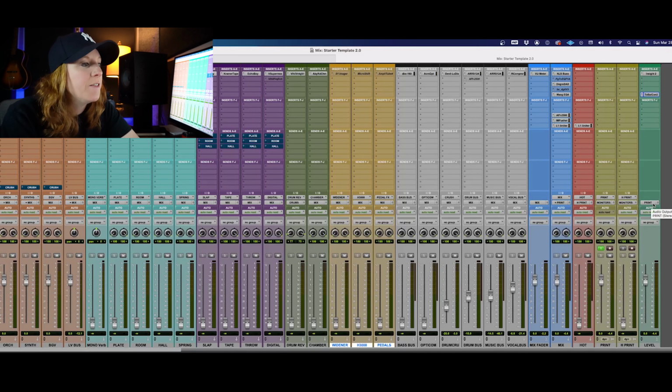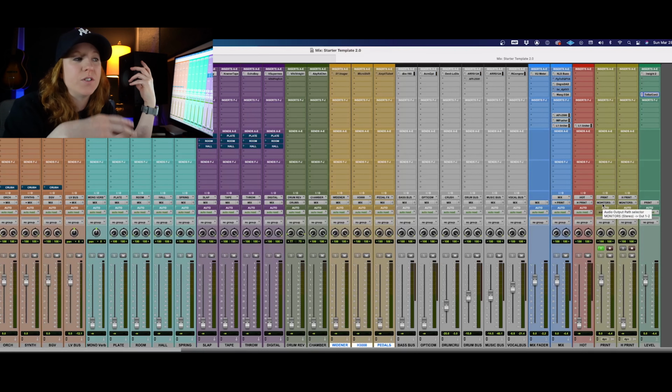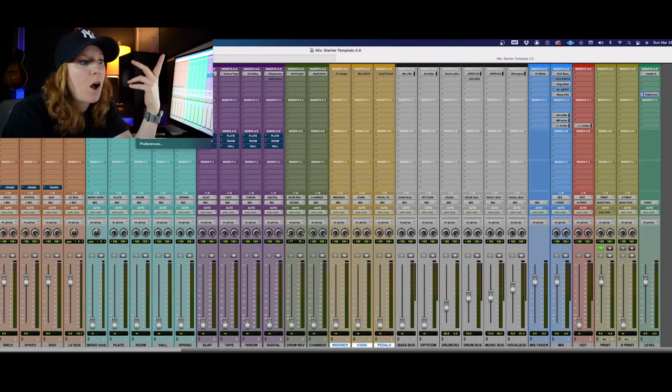Very simple stuff. These are things that you won't have to change. That's the beauty about these templates. They're all set and ready to go for you. Now, if your actual output settings to your monitors are a little different, all you need to